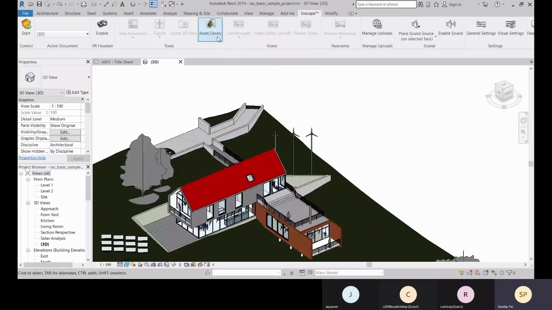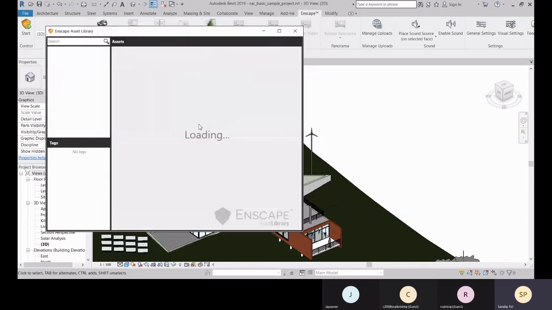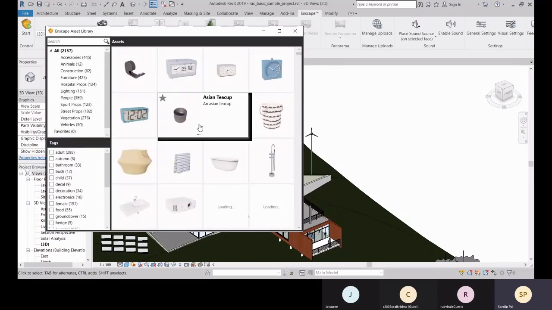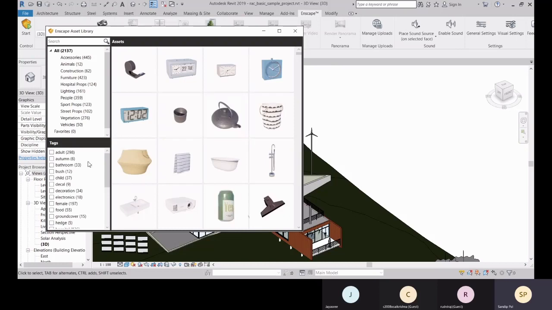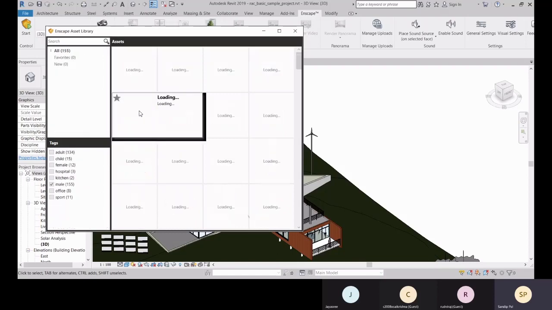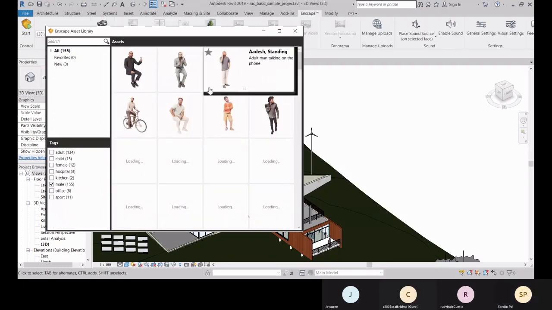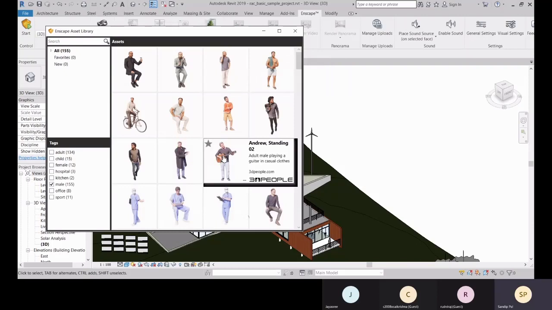You can put those assets in your Revit project, but they will be shown as a normal object. You cannot get the realistic image output from it in Revit. You can only get the realistic image output in Enscape. So let's place some assets over there. We can go to this male option. We can place some people here.